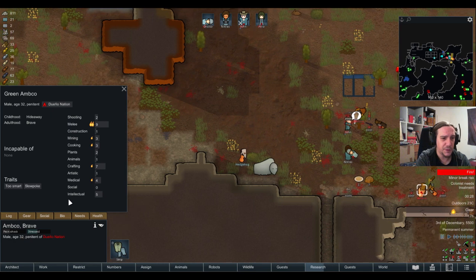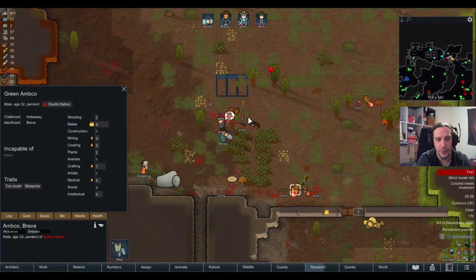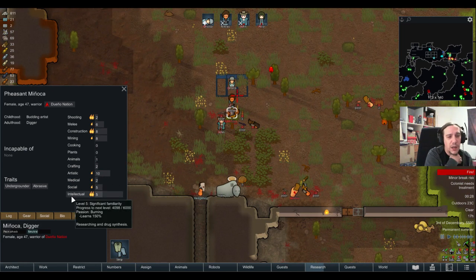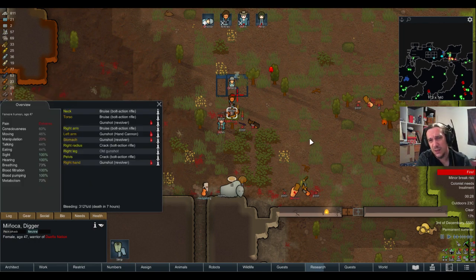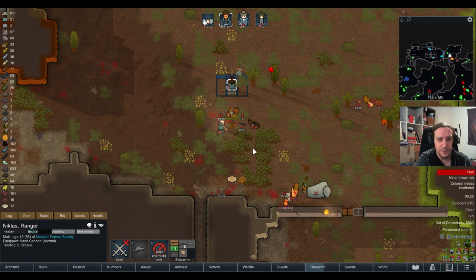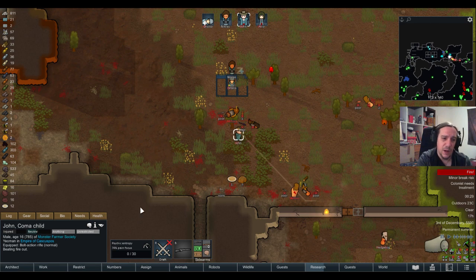Amco is a slowpoke. Oh, no, I don't have a tolerance for slowpokes in my colony. Minyoka, an abrasive undergrounder with very high intellectual skills. How long will Minyoka last? Unlikely that I'm able to do much for her. Unless...